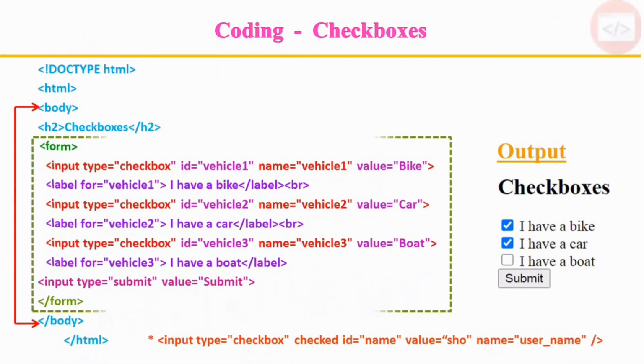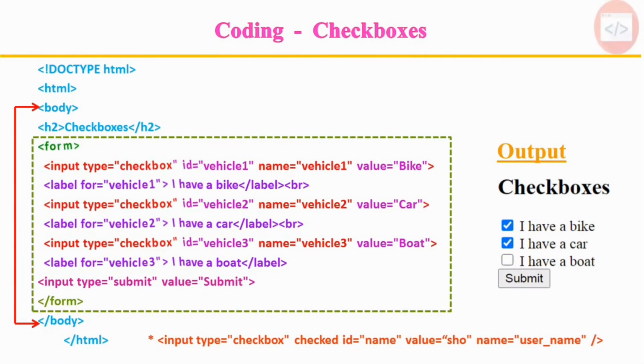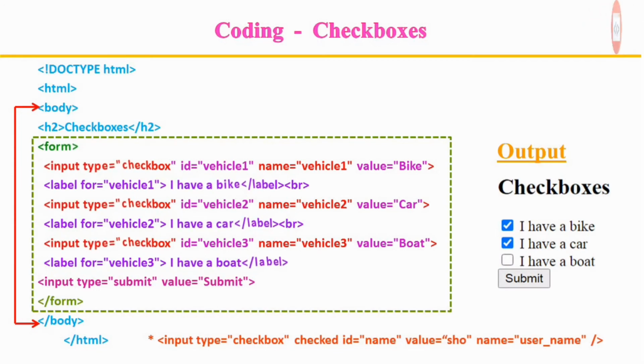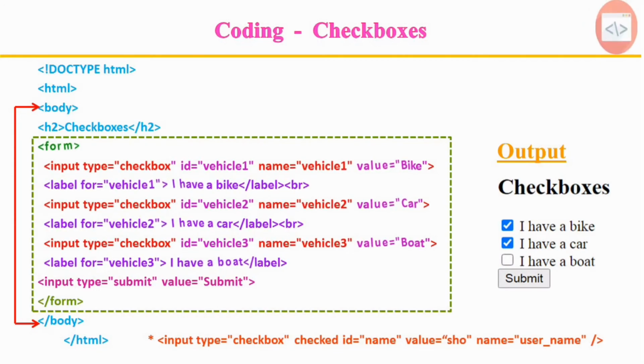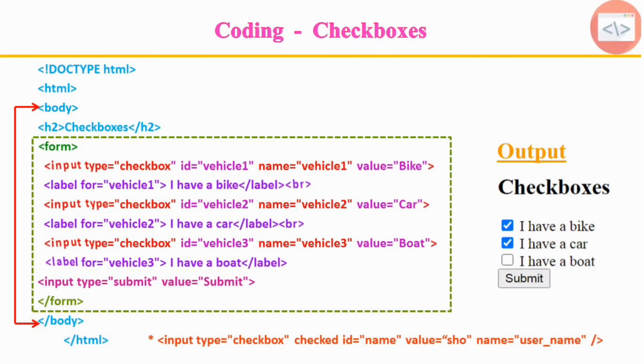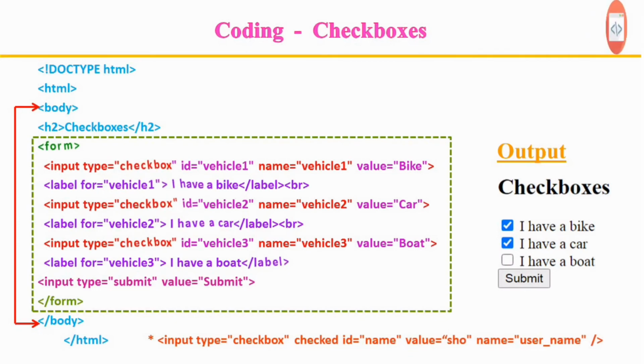In this code, each checkbox has a unique name and the value that it gets is sent along with the name when the form is submitted. The value attribute is used to specify the value for the predefined options. By default, the checkbox input is unchecked. You can set the default state to checked by using the attribute called checked. In this example, I have used a label for each individual option, and I have connected the checkbox and label using the for attribute of the label and the ID attribute of the checkbox.